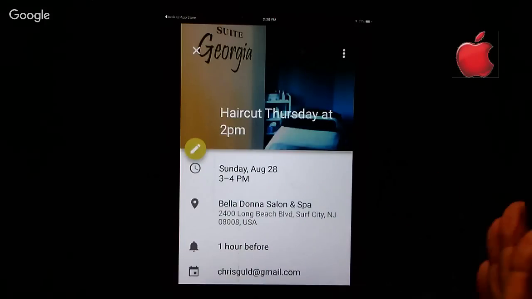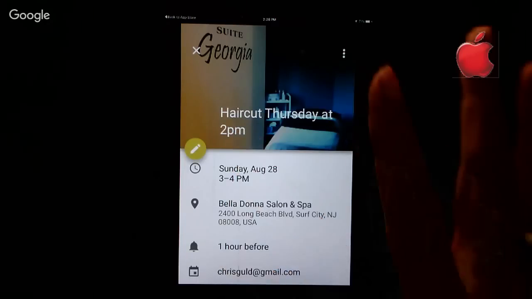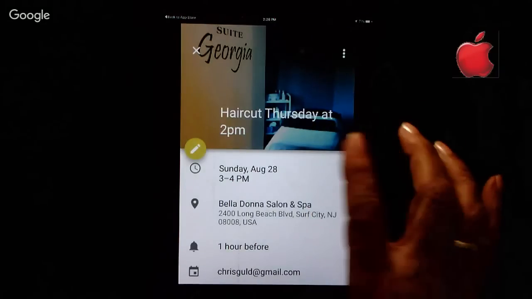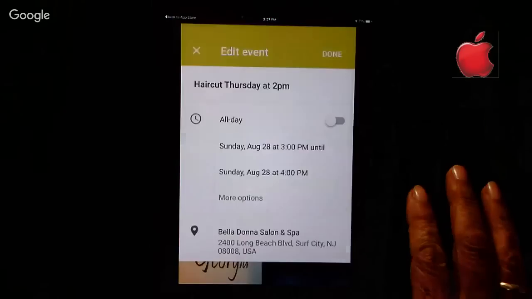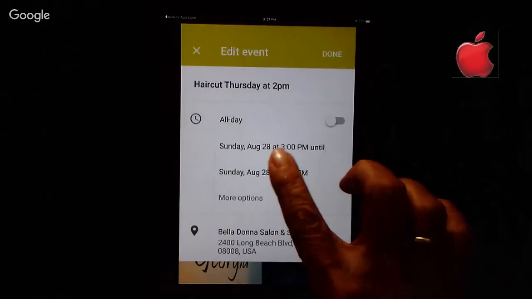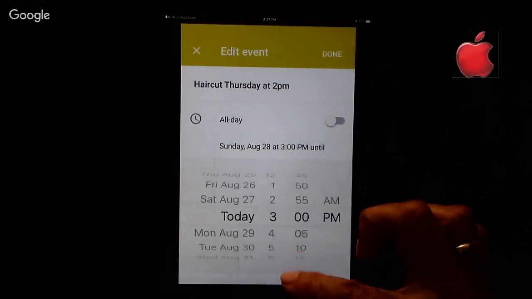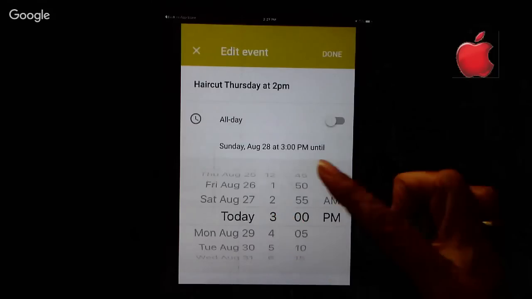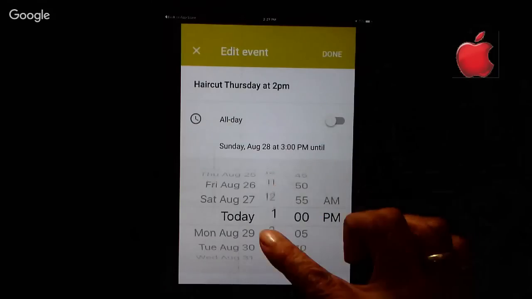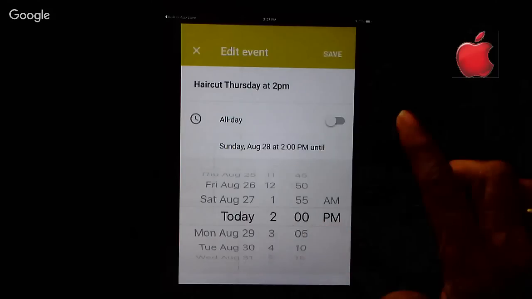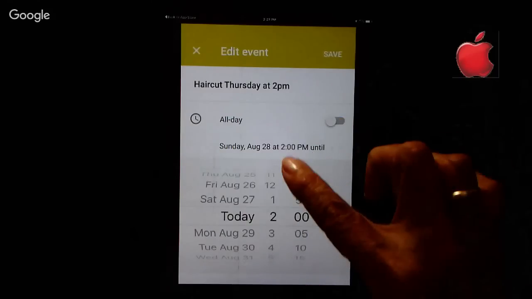But the next thing I want to show you is how to edit. So we'll do that. You open up the calendar item to be edited. You tap the little pencil. And instead of 3 o'clock, now this is kind of weird. The way I think it's weird, and the way the iPhone has you select things. So I get to 2 o'clock, okay, and then